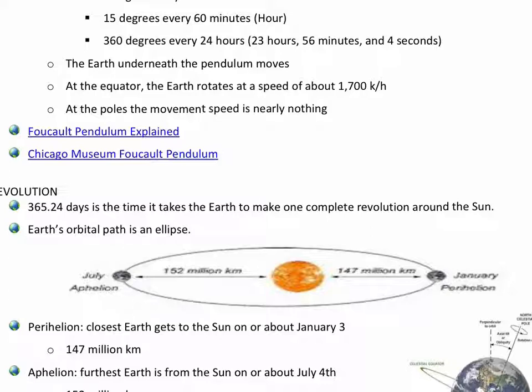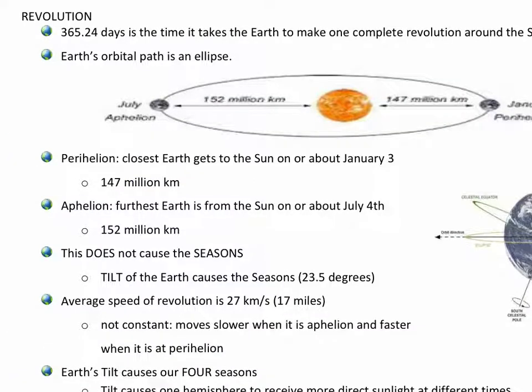Later on in this chapter, we're going to talk about the moon, and you'll learn about apogee and perigee. So G being the term for the moon. You guys are going to start to see a little bit of a pattern here. So I went ahead and adjusted that for you, because some of y'all are going to need to put some notes down here. So perihelion, key point here, we're closest to the sun on or about January 3rd.